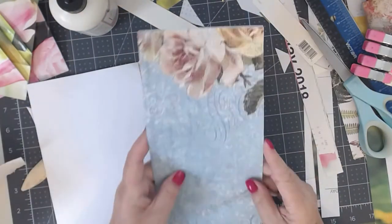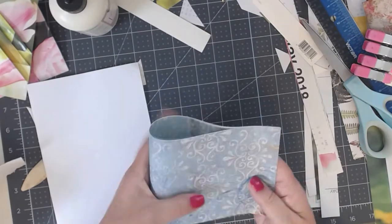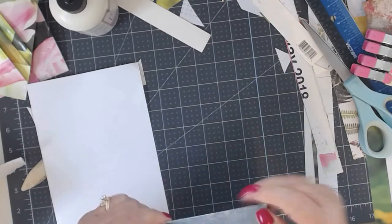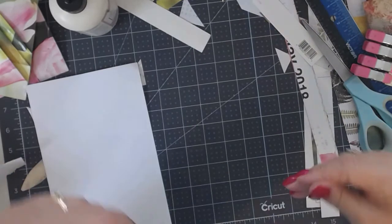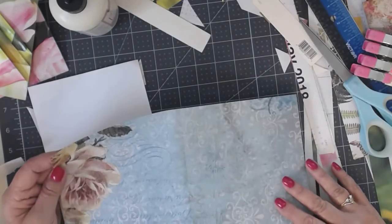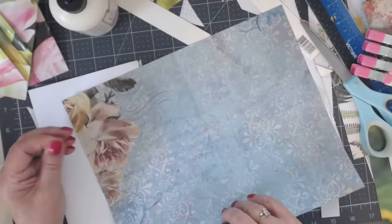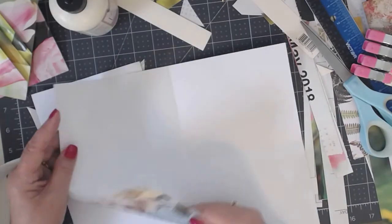So let's try this paper. All right, so we have it in half, long ways, and then we're going to fold it again. And then, if I tilt that, that'll go like that. I think I'll do it so that will end up going up underneath. Trying to figure out how I want this. Well, this is the right side, but if I cut, fold down, fold, and fold,